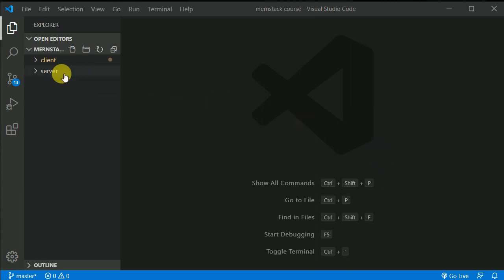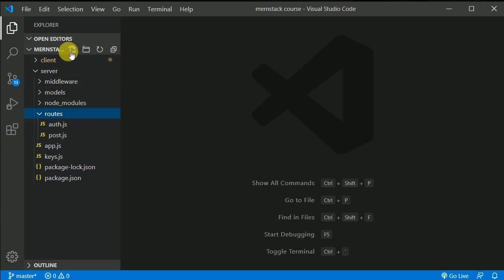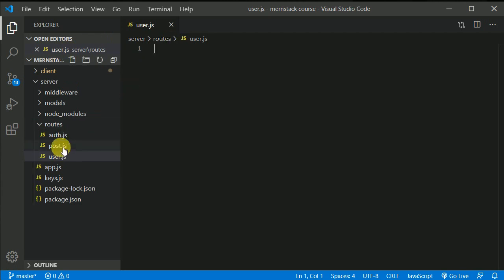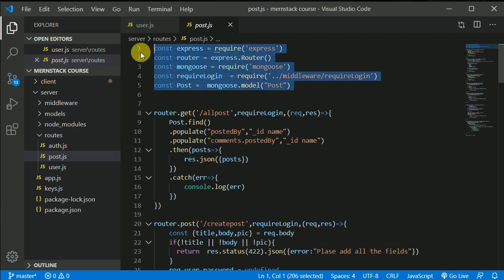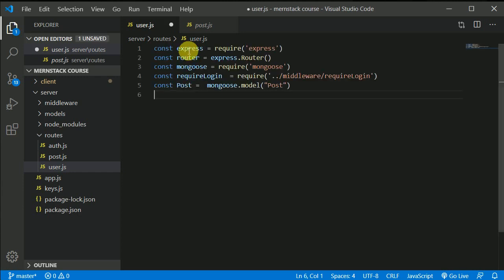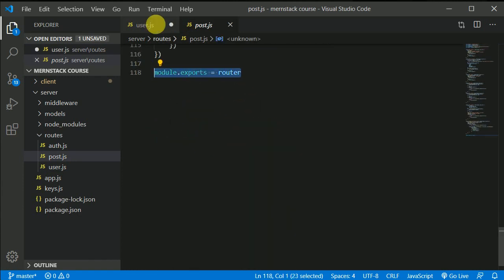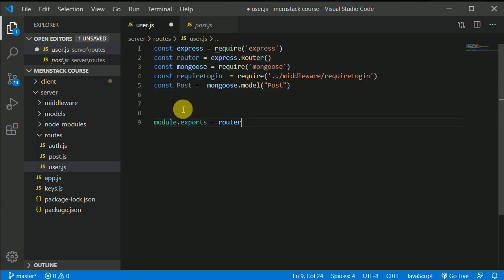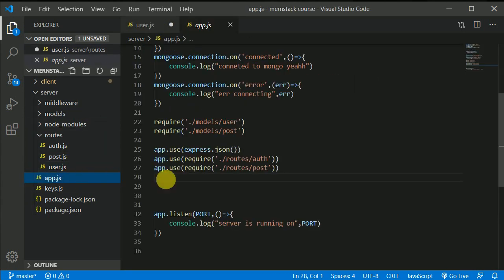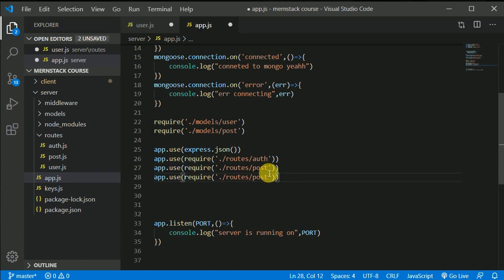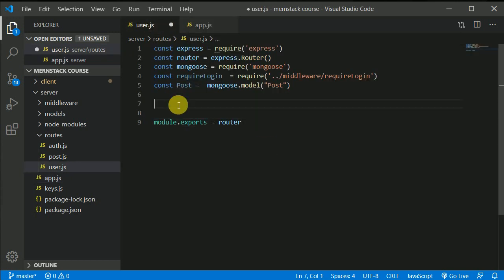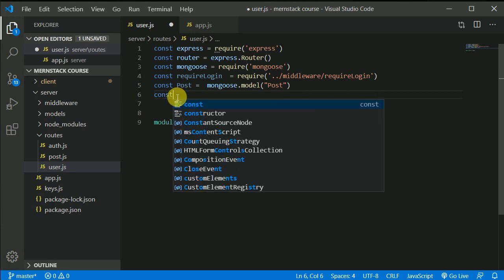Okay, so first let's write an API for that. So in routes, I will create one more route, that is user.js. Now let's copy some of the boilerplate stuff from here. Control C and Control V, and this one also Control C and Control V. I need to register this route in app.js, so I'll duplicate this line and here I will write user instead, like so. Okay, and we need one more model, that is the user model,